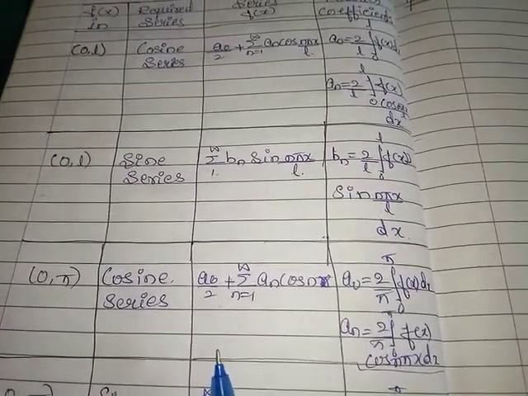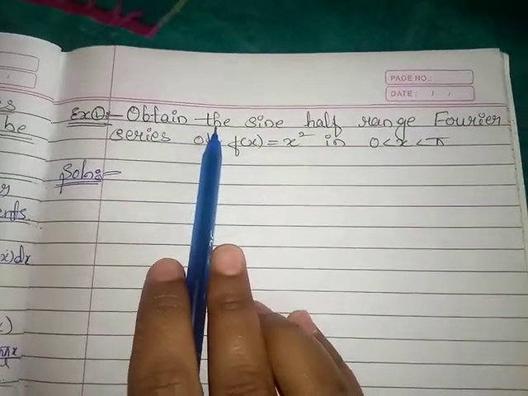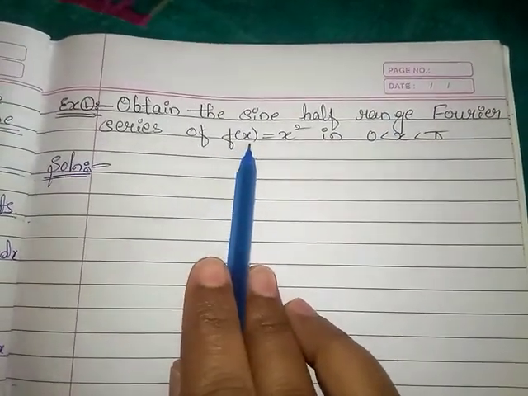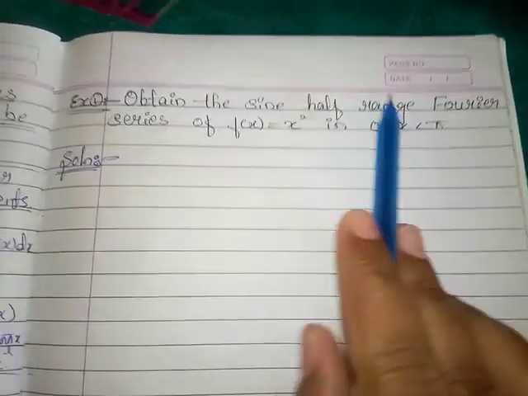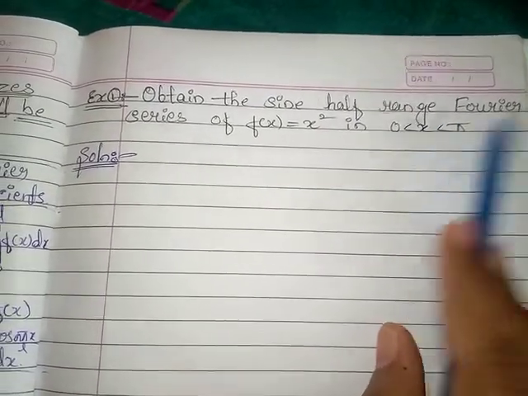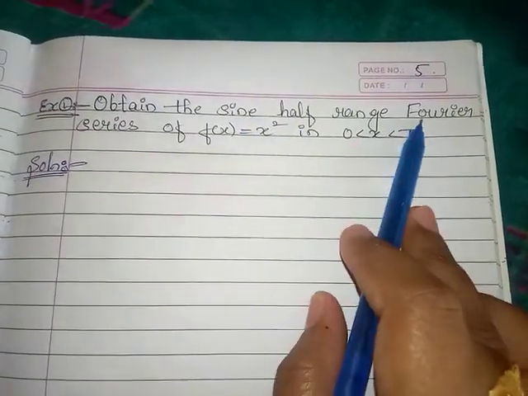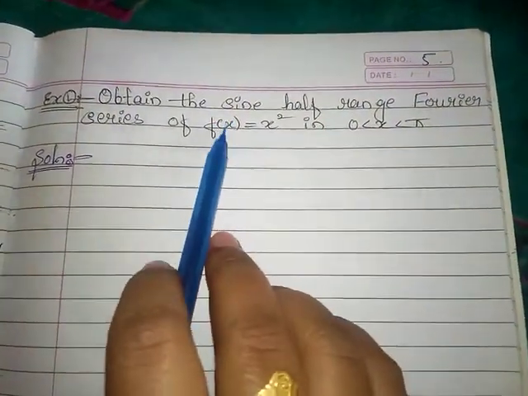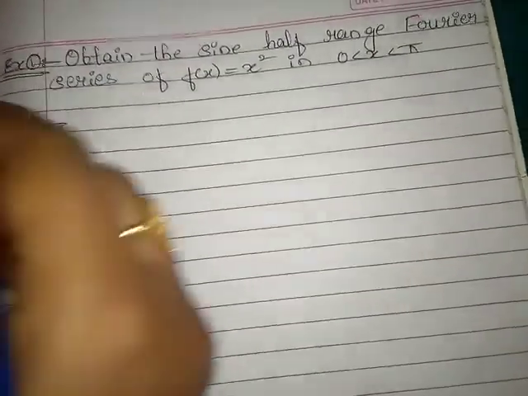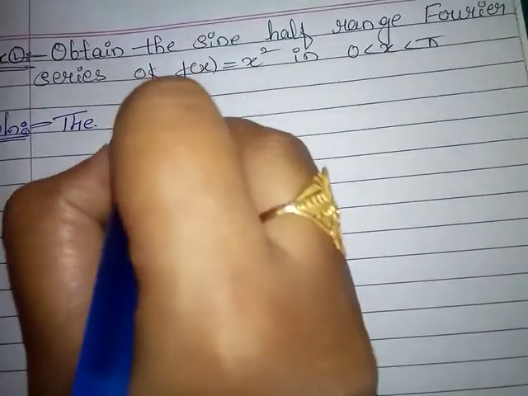Let us see the examples. Obtain the sine half range Fourier series of f of x equal to x square in the interval 0, pi, meaning x lies between 0 and pi. Here we have to find the sine half range Fourier series for the function f of x equal to x square. Solution: we know that the sine